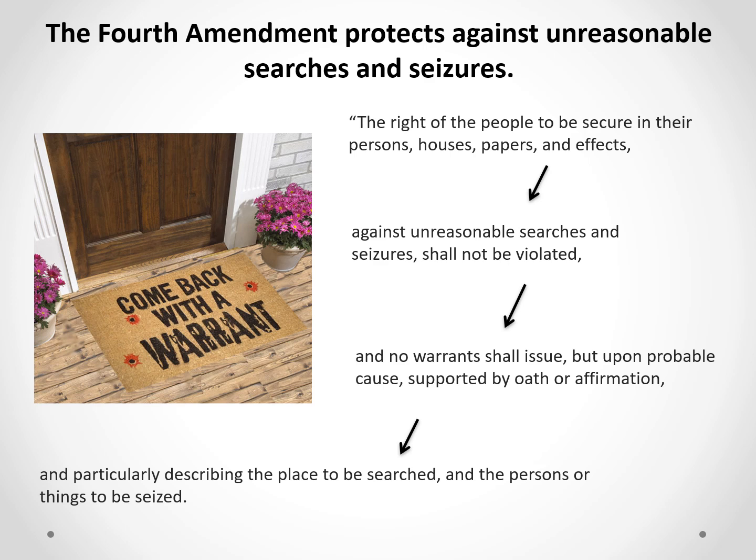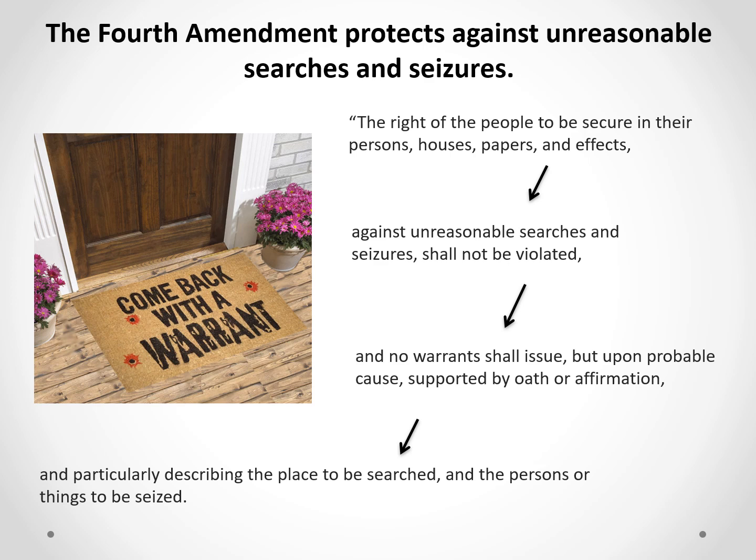This Fourth Amendment is not absolute. It says we're protected against unreasonable searches and seizures, but not against reasonable ones. So how do you know if a government search or seizure is reasonable? That has to do with the warrant. Okay, the word warrant just means reason. If you have a warrant to do something, you have a reason to do it.